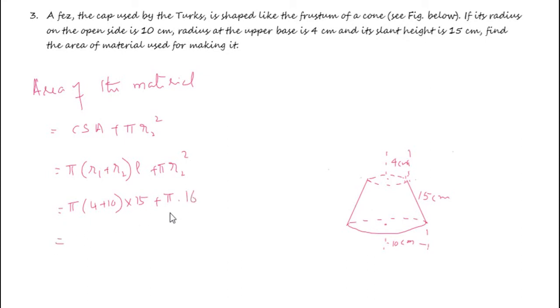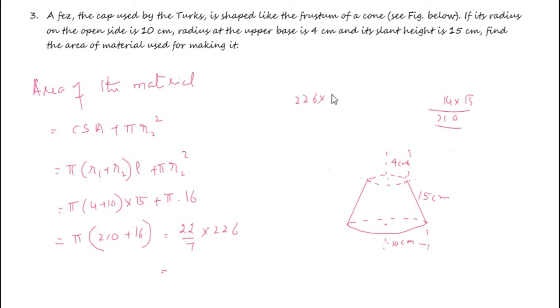So if I take pi out, this is 14 into 15, which is 210. So it is 210 plus 16, 22 divided by 7 into 226. If you multiply this,